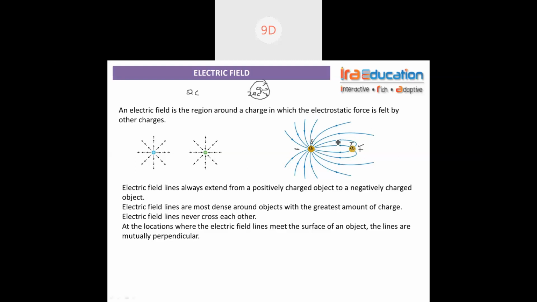If you want the direction of the field line, I will show it here. Suppose I am looking at this field line. If I want the direction at any point, the tangent at that point will give me the direction. You can't just assume the direction; only the tangent will give it. See this point's tangent, this point's tangent. So at any point, the tangent of the field line gives you the direction.